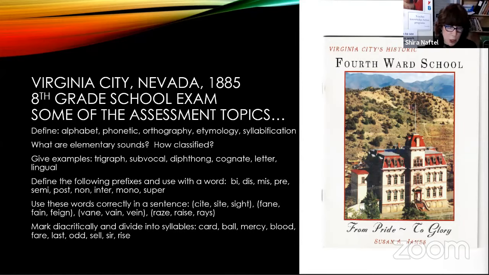And I want to read you a quote from the Territorial Enterprise from October 15th, 1876. The pride of Virginia is the new schoolhouse which is going up on the divide. It is our pride today. The time is not far distant when it will be our glory as well. The people of the whole world are waking up to the fact that it is cheaper to build and maintain schoolhouses than jails. That was a quote from 1876. Okay.